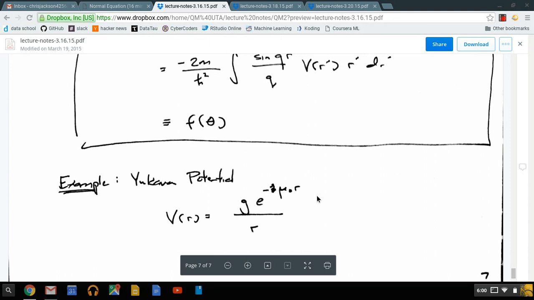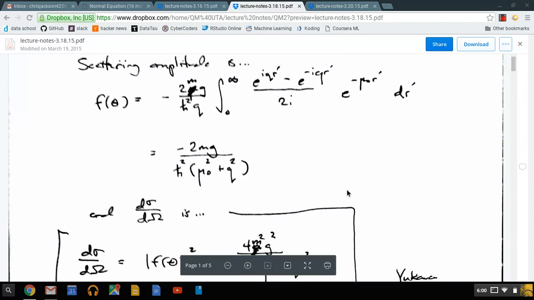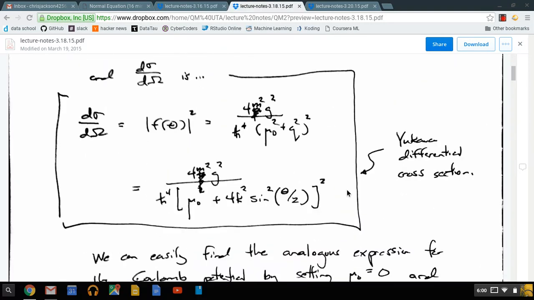Right, when mu goes to 0, like I was pointing out, this thing's just the Coulomb potential. So from our result for the Yukawa cross section, we can take that limit and end up finding that the mu naught here is going to go